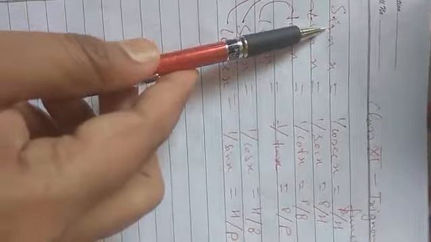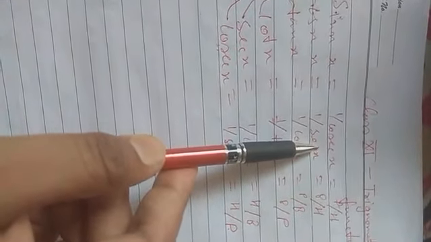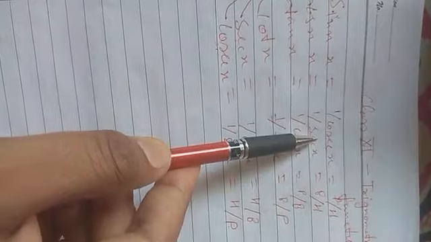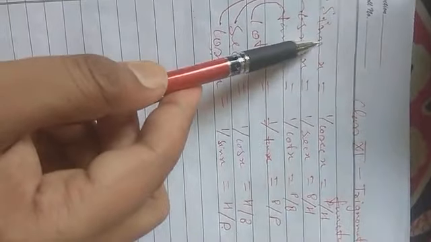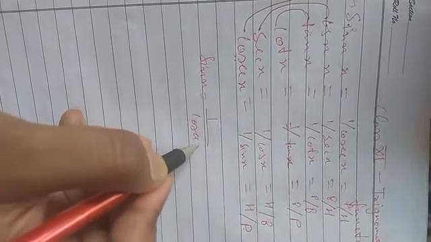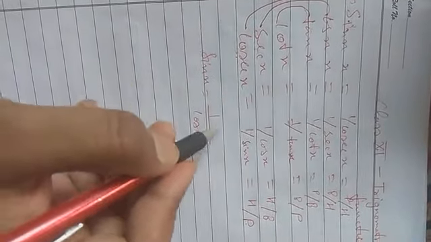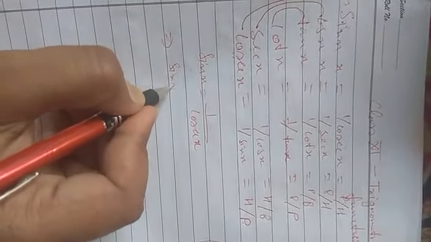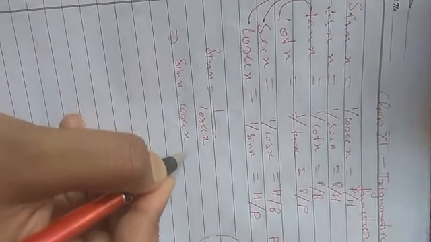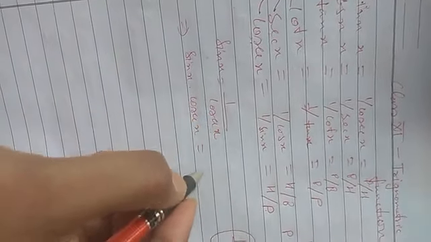Now one more formula we will develop from here. Sin x equals to 1 upon cosec x. If this cosec x lies in the denominator and is transferred to this side, then sin x will be multiplied with cosec x. Sin x into cosec x, and we will have the result as 1. Then sin x into cosec x equals to 1.